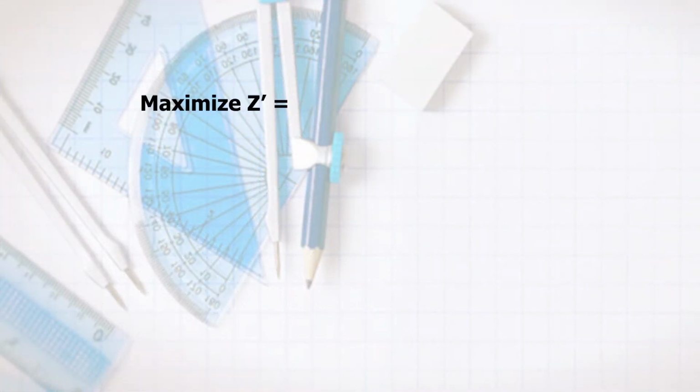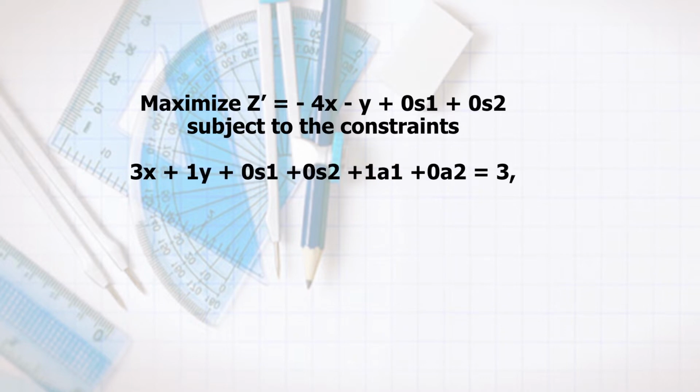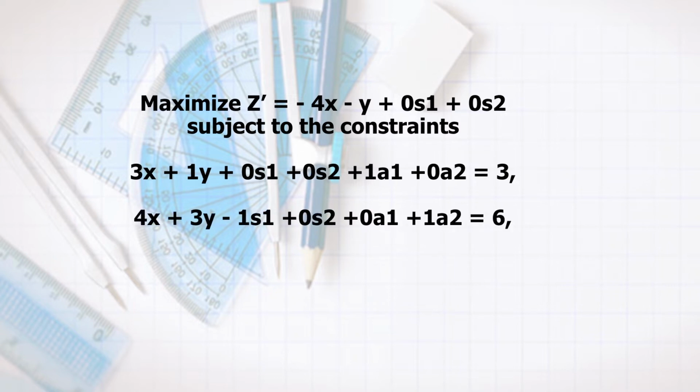Hence, to solve by the simplex method, we can forcibly insert the two missing bases with the help of the variables say a1 and a2. That is, the modified problem is maximize z prime is equal to minus 4x minus y plus 0 s1 plus 0 s2 subject to the constraints 3x plus 1y plus 0 s1 plus 0 s2 plus 1 a1 plus 0 a2 is equal to 3, 4x plus 3y minus 1 s1 plus 0 s2 plus 0 a1 plus 1 a2 is equal to 6,